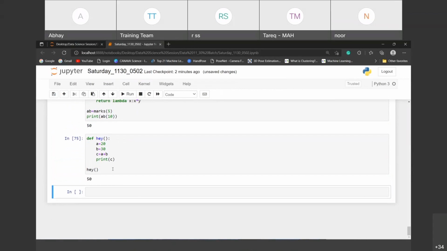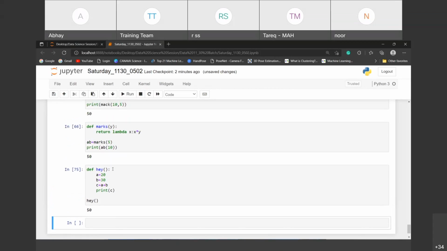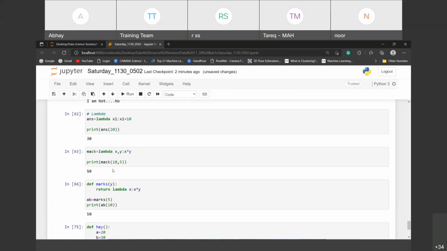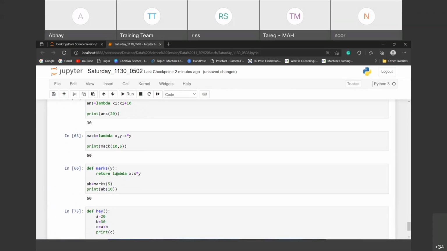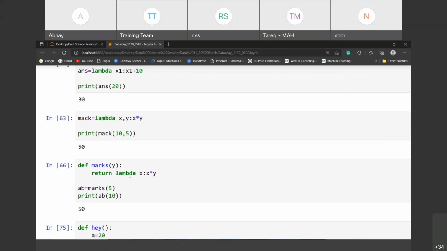Print function will not give you a return value, but return gives you a variable with a value, right? That is the use. So always think about how the lambda function works, how the return value works, and what happens here: the return will give you a variable value.